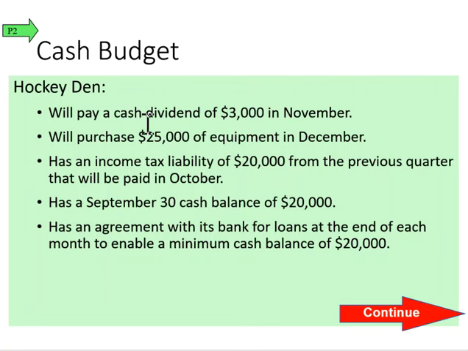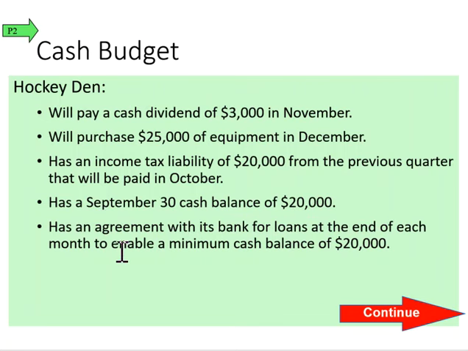So Hockey Den will pay a cash dividend of $3,000 in November. They're going to purchase $25,000 of equipment in December. They have an income tax liability of $20,000 from the previous quarter that will be paid in October. They have a September 30th cash balance of $20,000, and they have an agreement with their bank, like a line